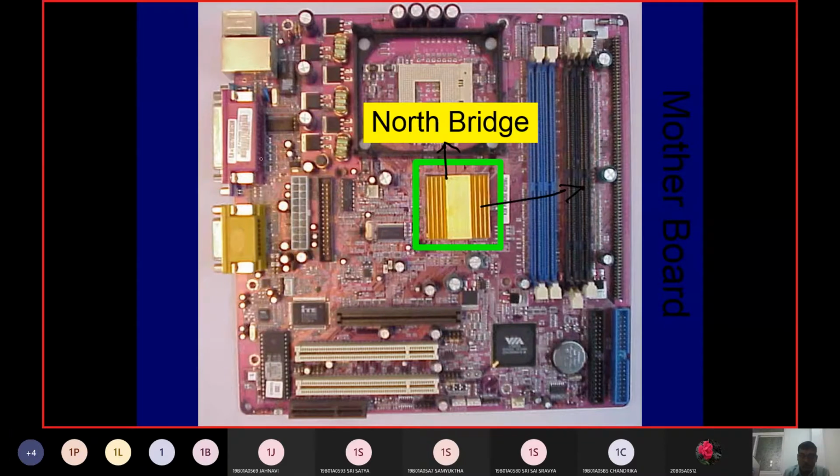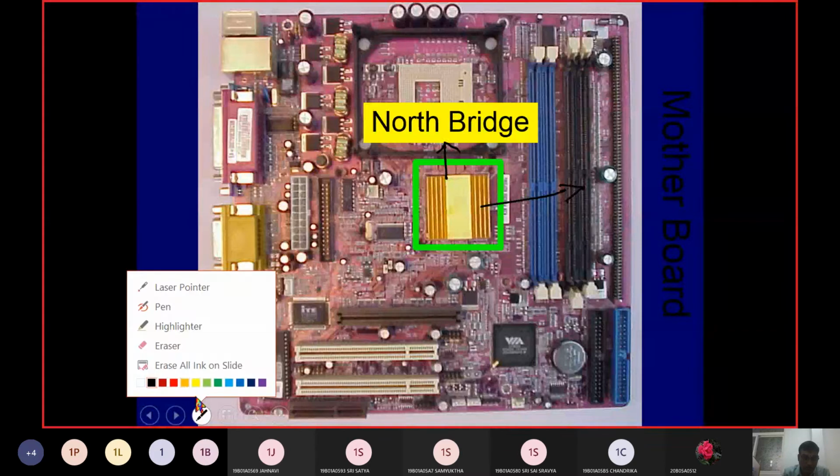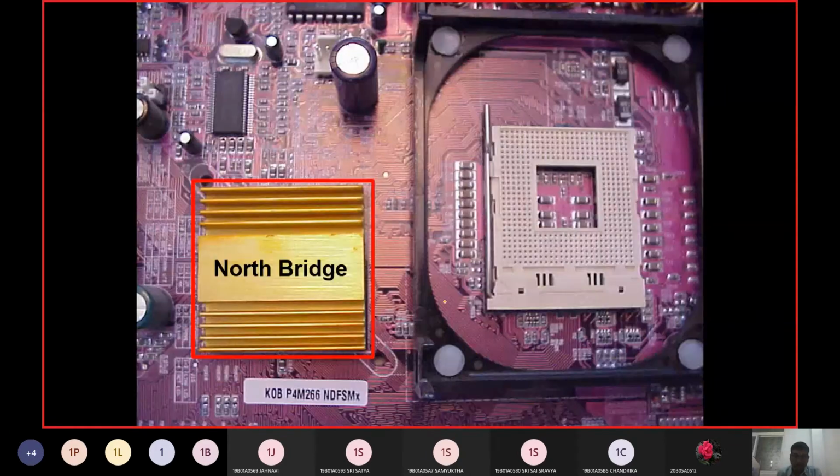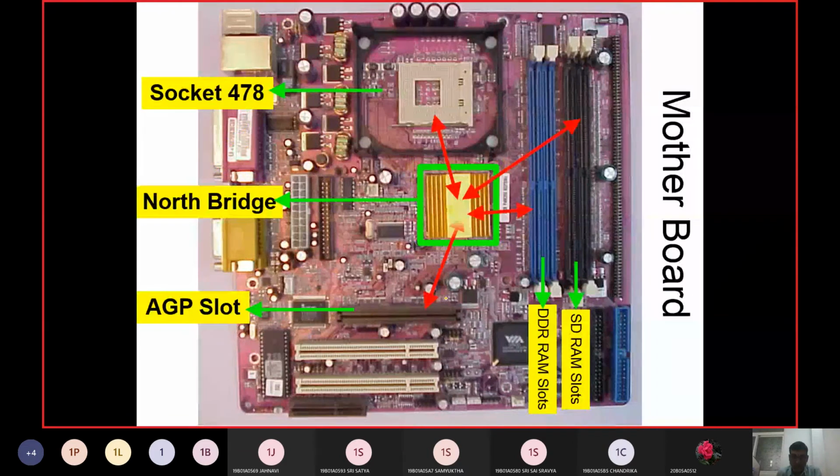Whereas the south bridge is concerned with the peripheral devices, the BIOS, the battery, and the secondary storage devices, the floppy disk, etc. All these items will be taken up via the south bridge. That was the primary difference we were talking of.